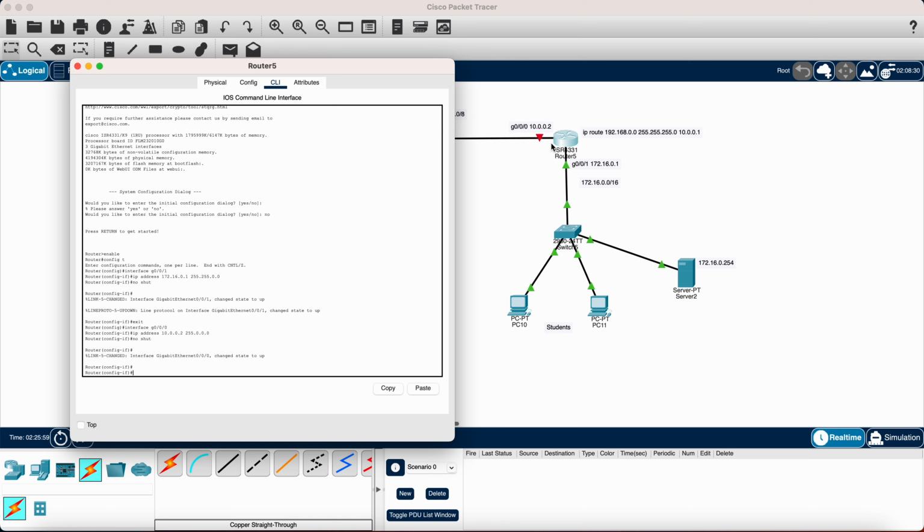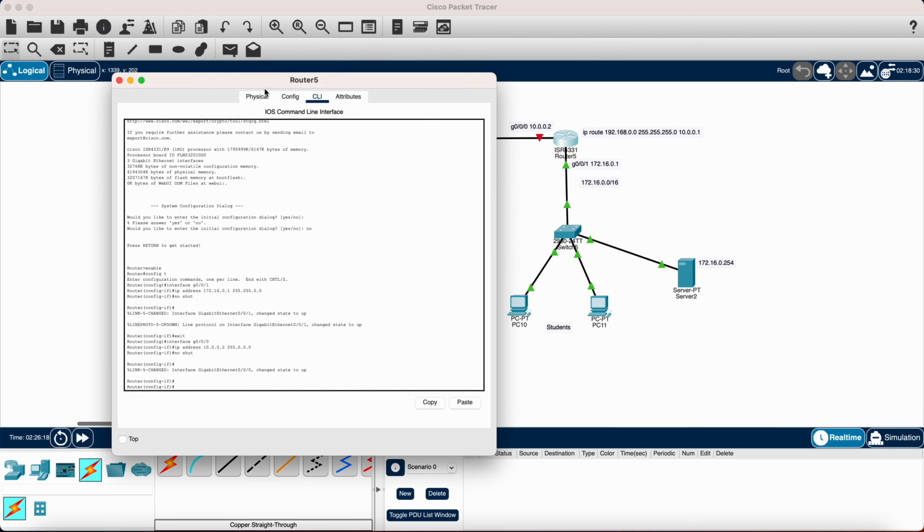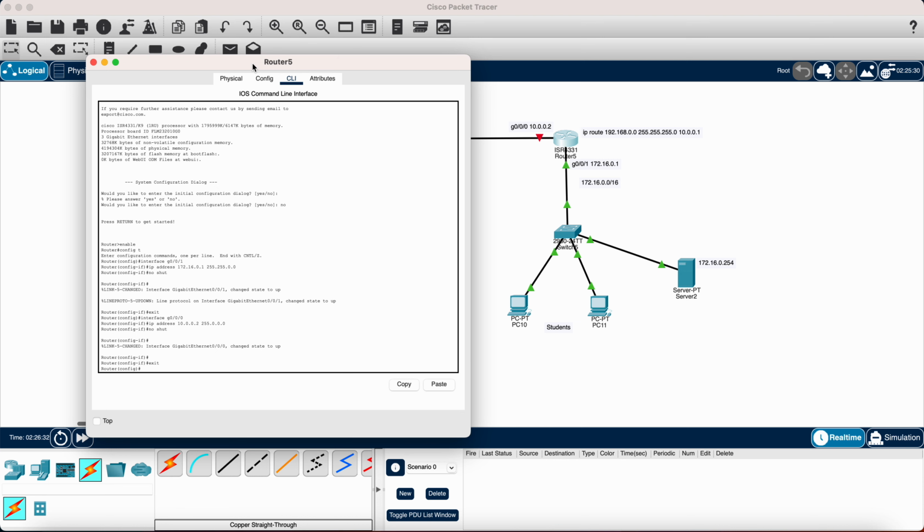We did not add a route. So even though this side is already semi-configured, when I open this side still will not be able to ping anyone over this side, and the server will not be able to send IP addresses over to this side. So let's just give a route, or IP route, sorry. So now IP route is